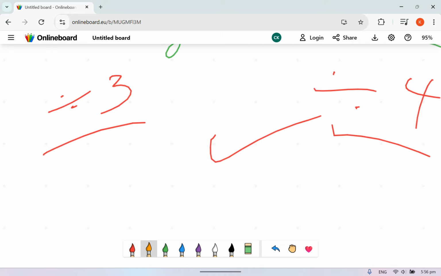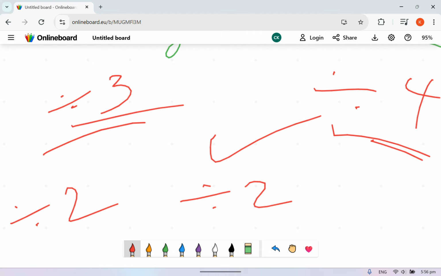If I have something like the divisibility test by 4, I can't say divisible by 2 and 2. Because 3 times 4, we know, is 12, so we can work with that. 2 times 2 is also 4, but no, that doesn't work that way. Or let's say, let me give you a random number, 18. Divisible by 6